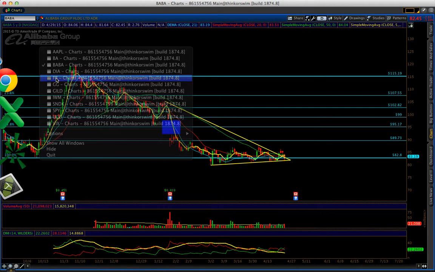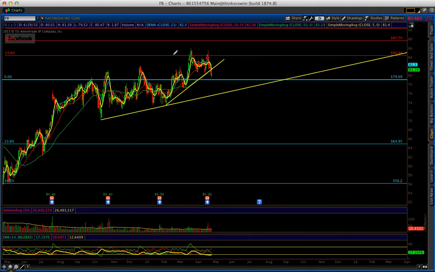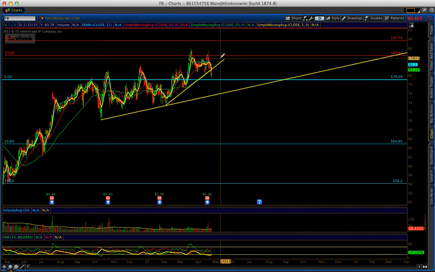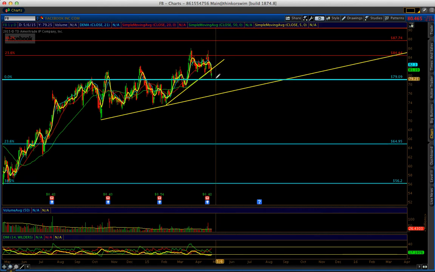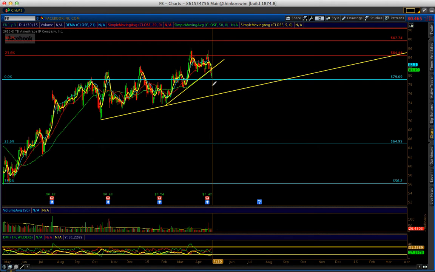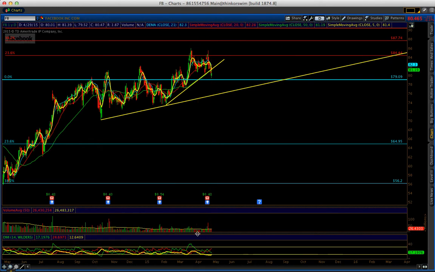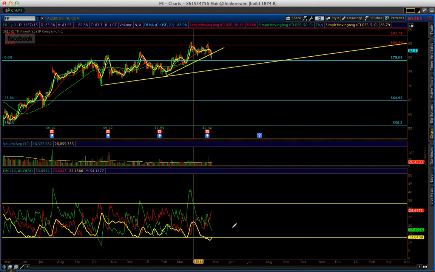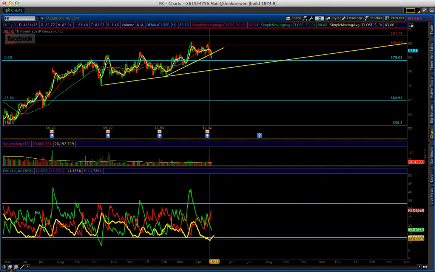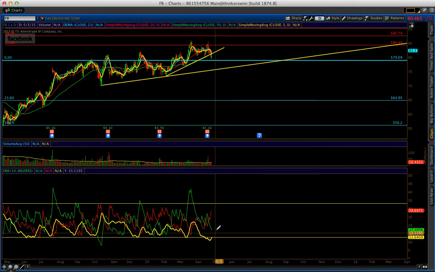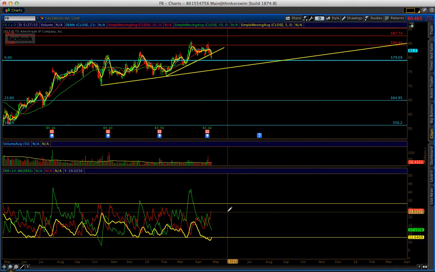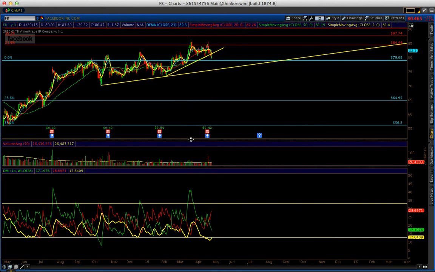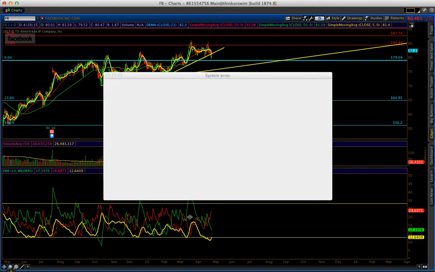Now let's talk about Facebook. I said before that I wanted to buy around 80 or 79. Now it's bearish. I don't want to enter here on Facebook because DMI is bearish. Look at this, and we have a V shape on the ADX. So ADX is going to start trending up, and the bears can get momentum here. If you enter long in here, it's not a good idea because if the bears get momentum, guess what?